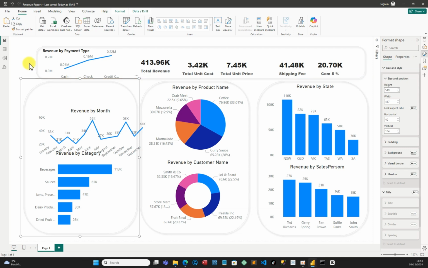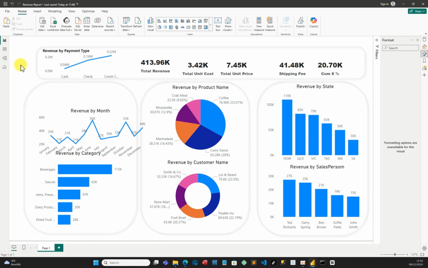Let me see perfectly. So the next thing is you can click out of it, then click on the line chart and draw it up